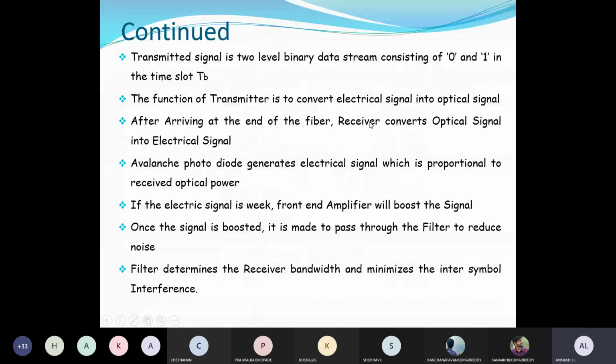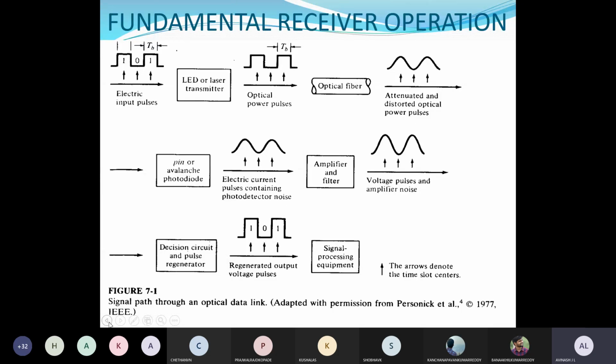The sentences. I believe that all those explanations I covered, but still I will go through them sentence by sentence so that it will be a recall for you people. So here TB, the one thing I forgot to tell you, it is time slot B. The time slot between 0 and 1.